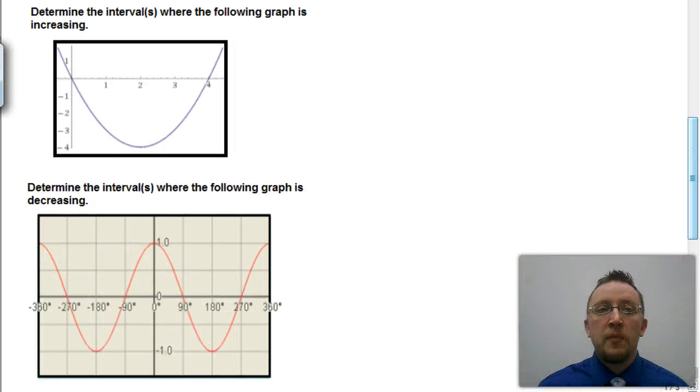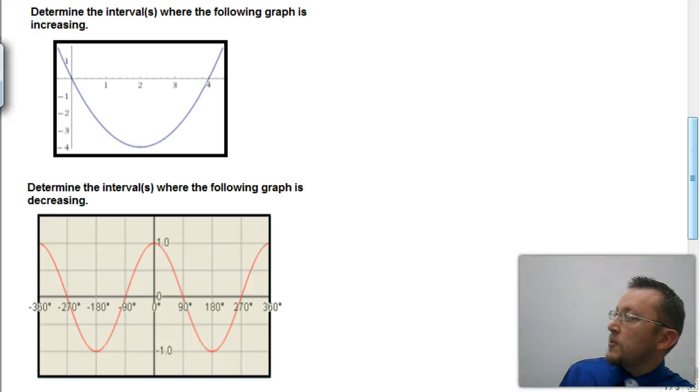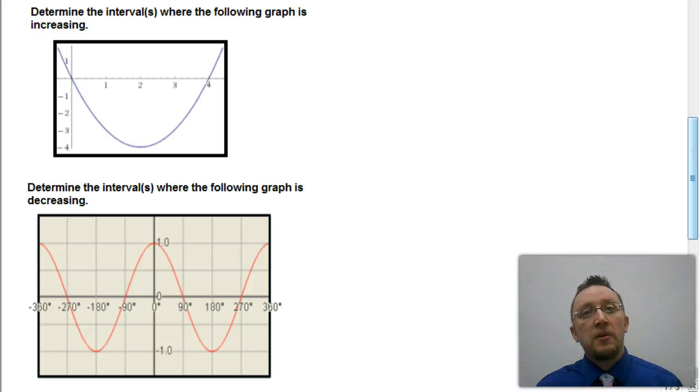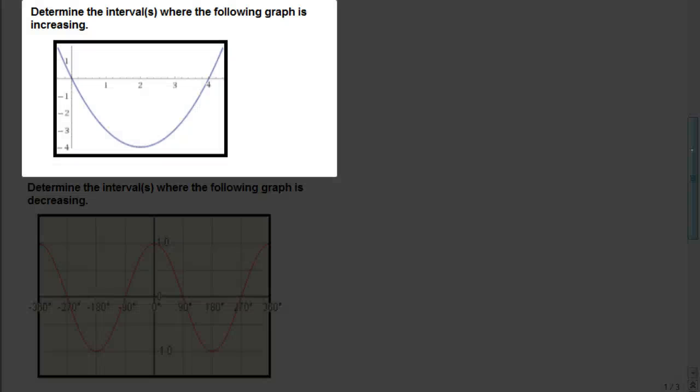So here we have a couple of graphs. On the upper left here we have a parabola, and we're going to be looking at where that graph is increasing and at what intervals it's increasing. So let's take a minute and look at some things about this graph and see how we would write our answer. So first off, if we're looking to see where the graph is increasing, it looks like from about here on up the graph is increasing,